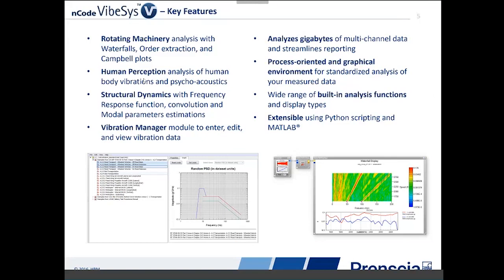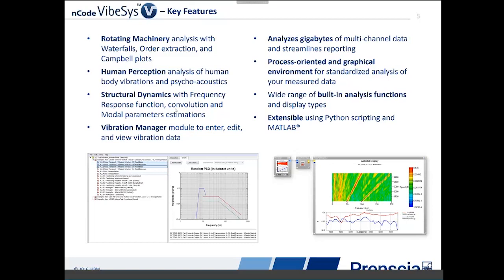So that means comfort and things like that. We've got structural dynamics. In other words, modal analysis. So we can extract modal parameters, FRF curve fittings, animation as well, operating deflected shapes. You can animate a wireframe, a simplified geometrical structure, or a whole FE model based